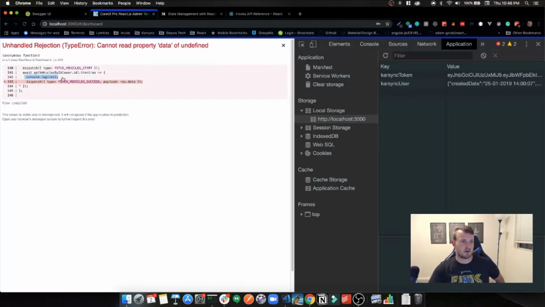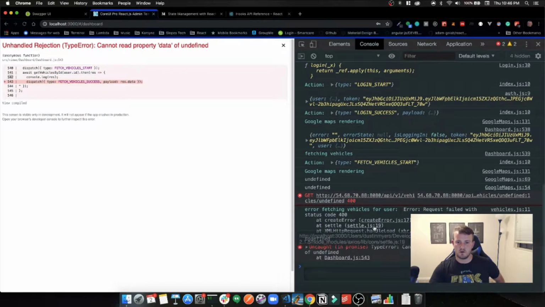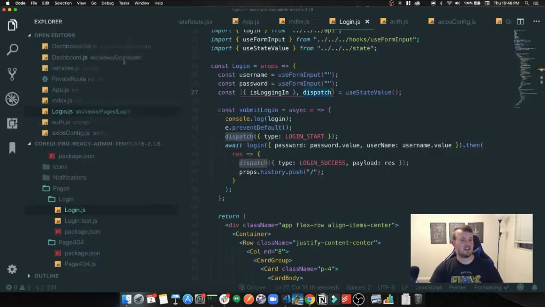We're console logging res, so dashboard 542 is undefined. Oh, because error fetching vehicles for user. Aha! Notice that we are not handling